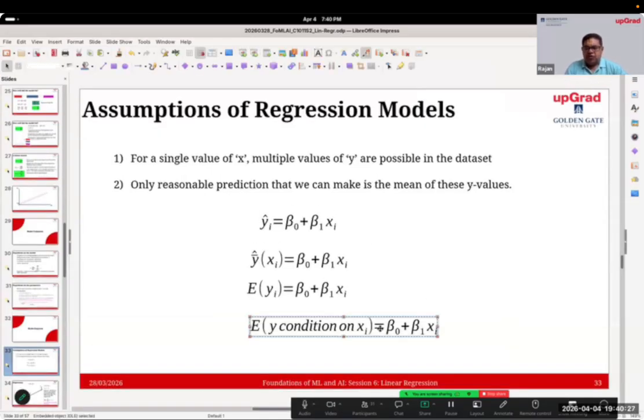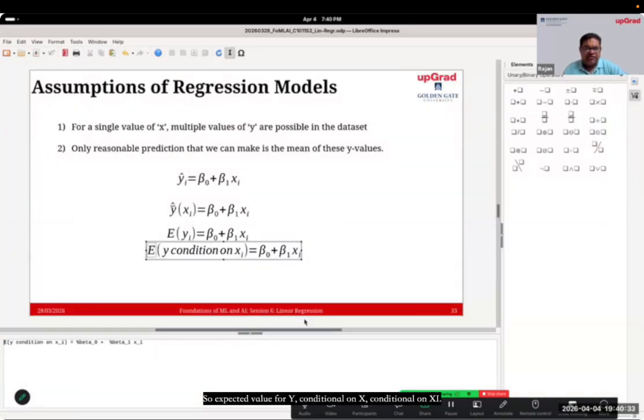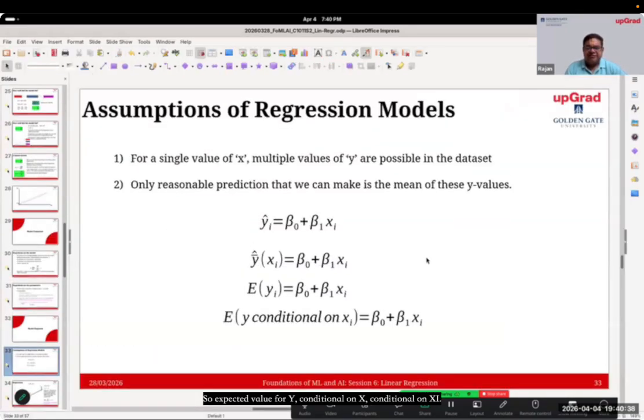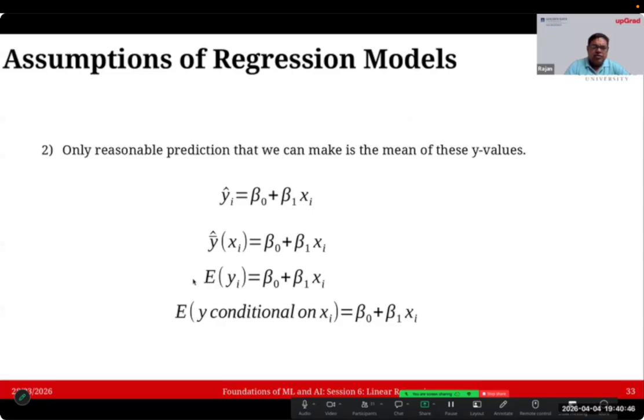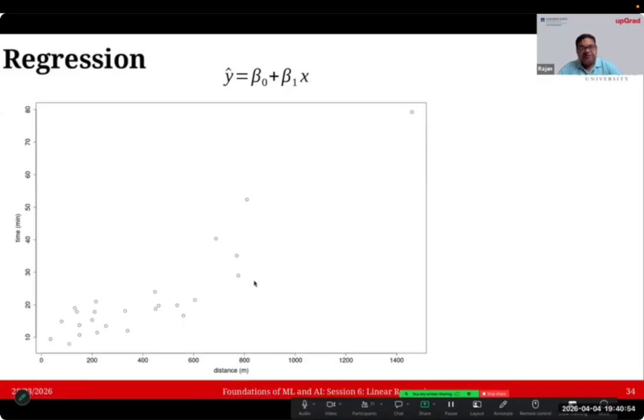Expected value for y conditional on x. Conditional on xi. This is what people say. This is what we usually say. What do you mean by this mean? When I have only one y value, and this is where